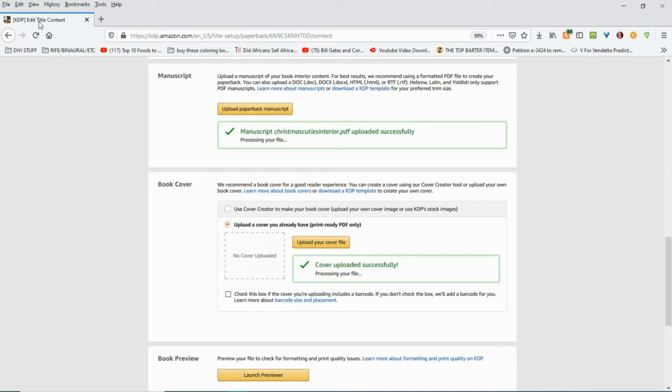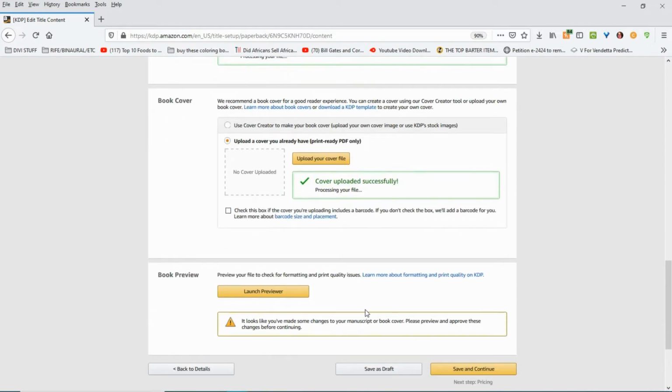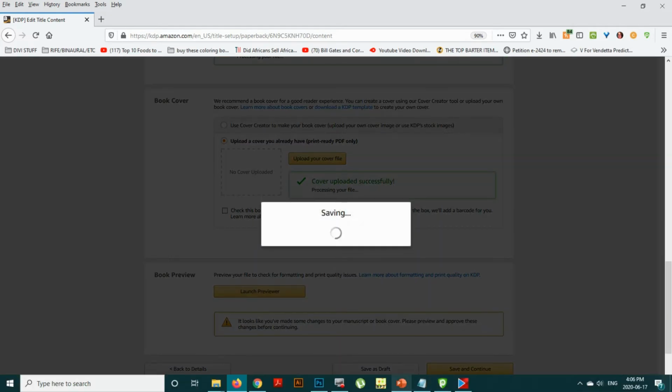Then I might go back to that and click on the launch previewer, which you need to do in order to approve the manuscript and to check if you have everything good, because this is where they will tell you if there's something wrong with your book. Okay, so I'm going to launch it now and give it a little bit,